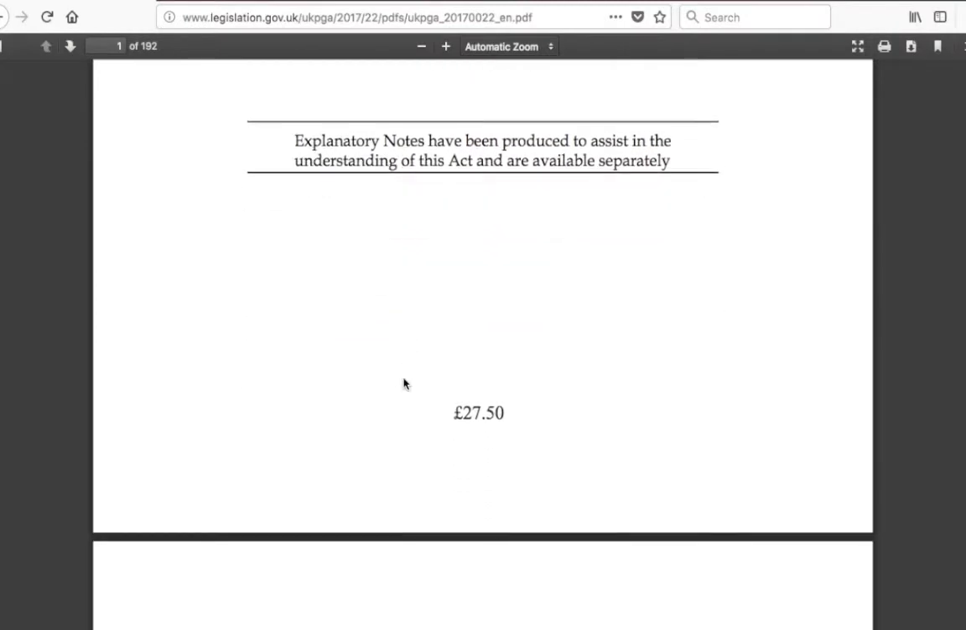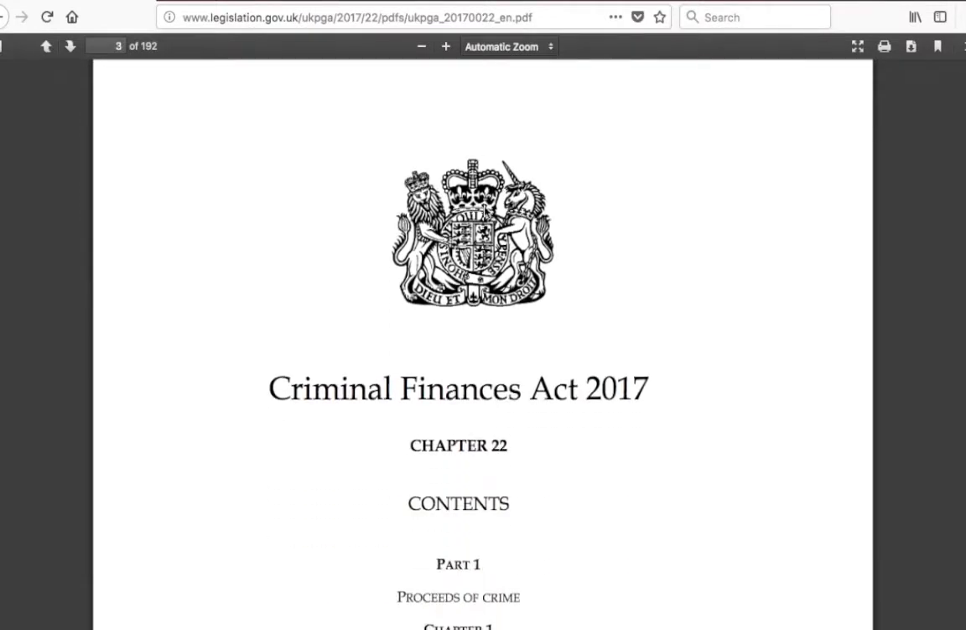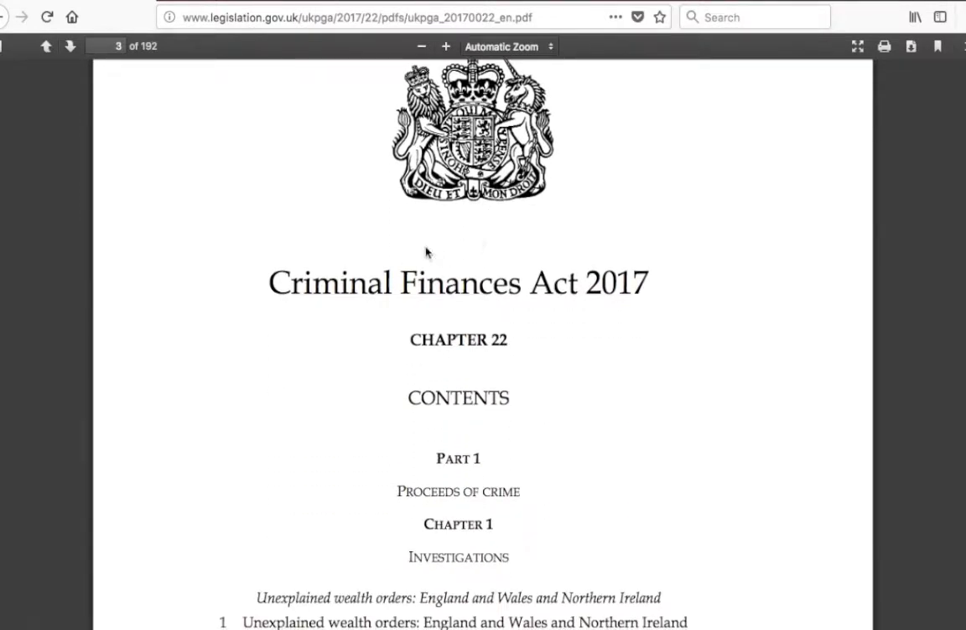Back to the Act, we then have a price. In this case, it is £27.50. The Acts are, of course, all free to download and print. However, it is also possible to order copies from professional printers, and the price is different depending on the length of the Act. Moving on, after the cover, we get the first page with, again, the Royal Coat of Arms,